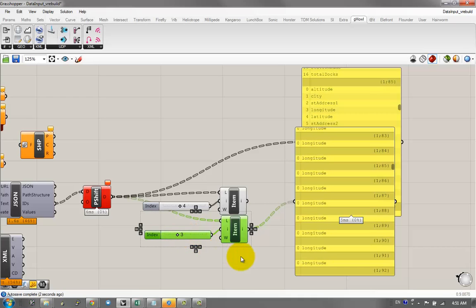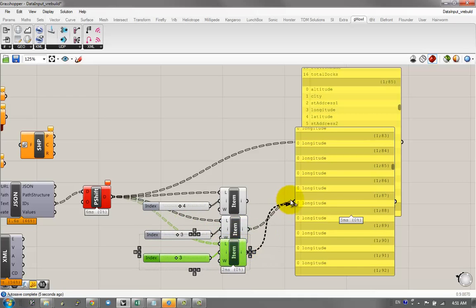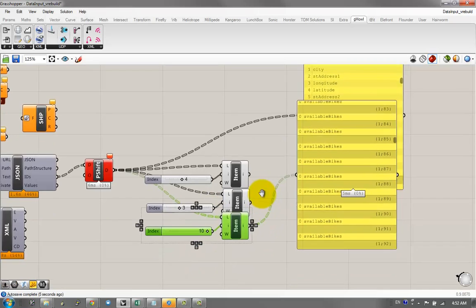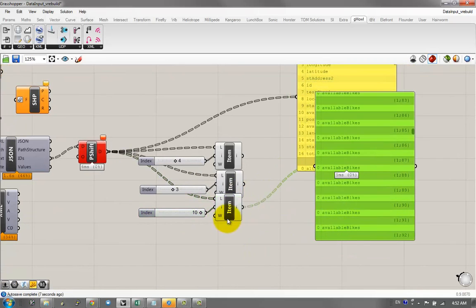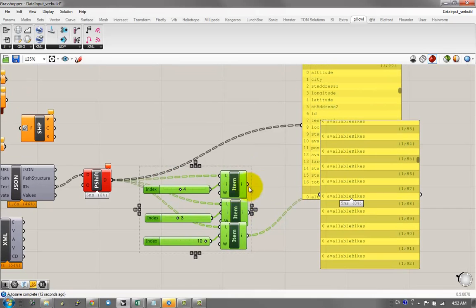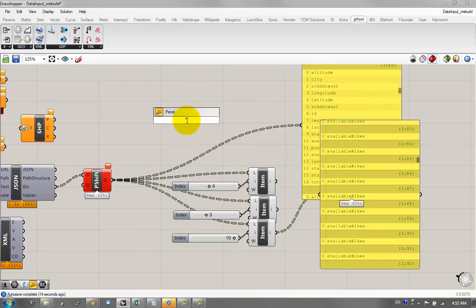Getting the longitude for this one. And then I'm getting available bikes, the number of available bikes for this one. And since now we have these numbers and these numbers won't change, I'm going to put them in a text panel